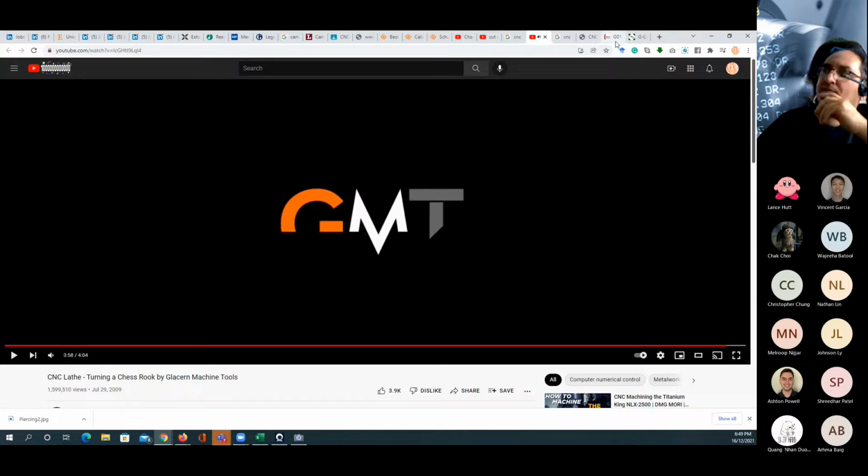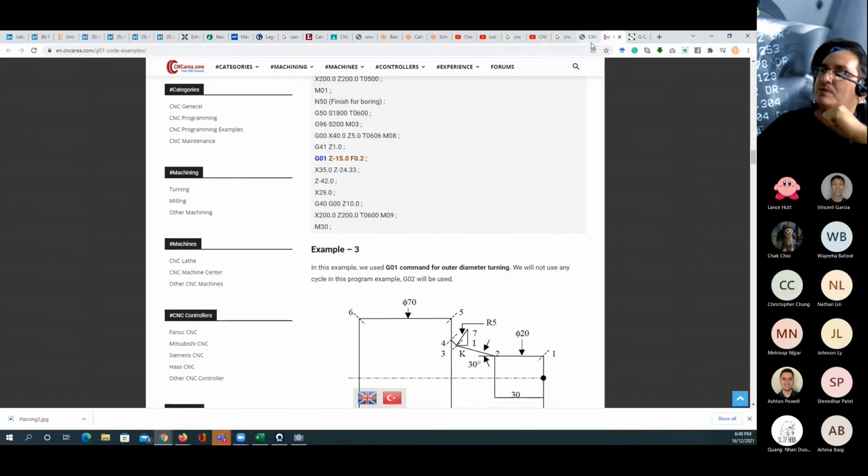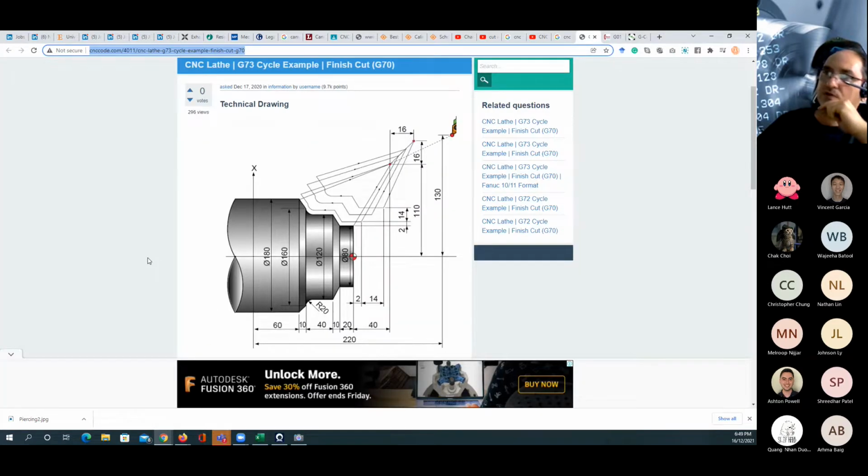Okay, I hope that this one makes you like the turning. Actually, I like the turning more than the milling because we can do an exciting shape with it. Anyway, so now let's have an example that contains the process